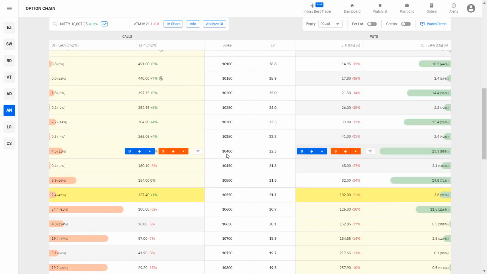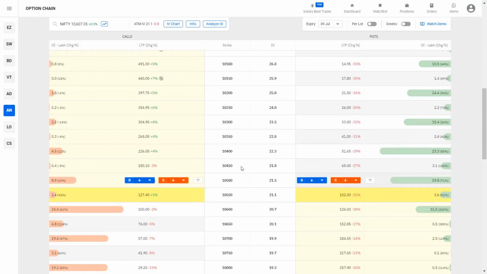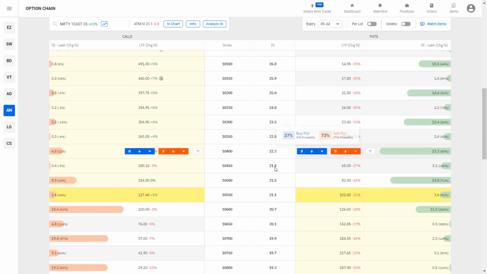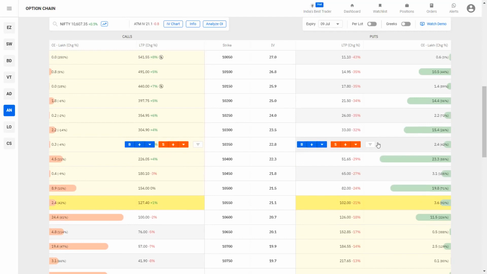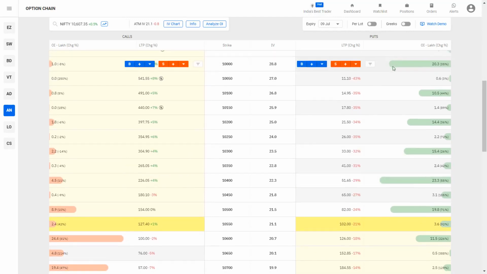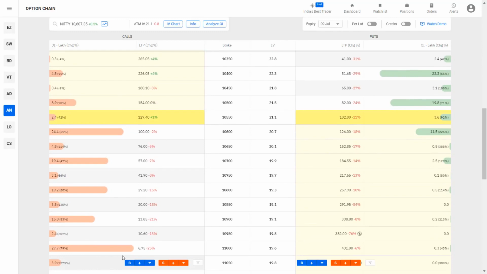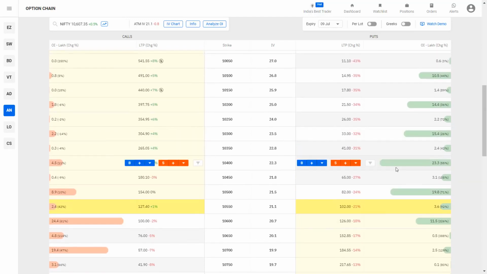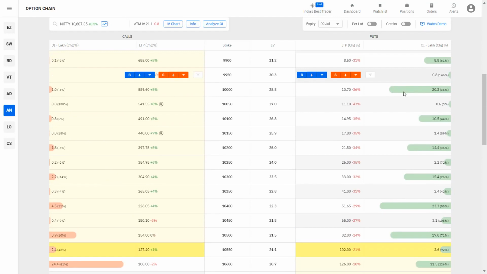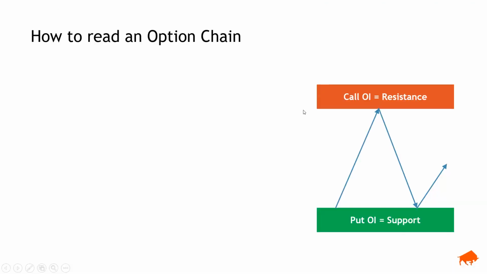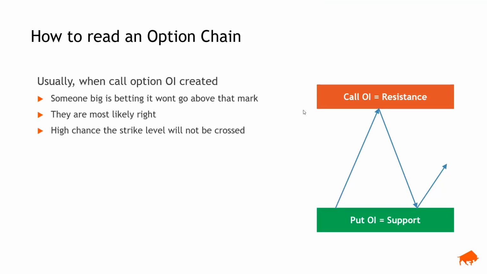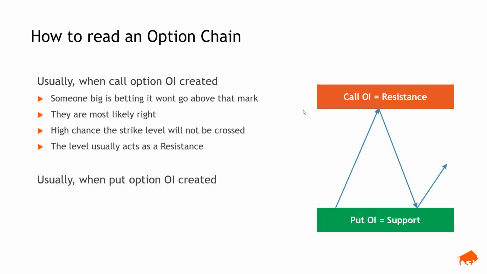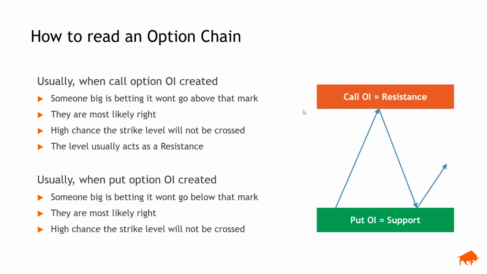You can also say that it is going to be difficult to cross 10,400 also because there are people standing here. So 10,600 and 10,400 you can see has decent OI, and once 10,400 is taken out, this becomes your next support, right? And after 10,600, 11,000 becomes your next support. So you can see this is a resistance, this is a resistance, this is a support, 10,400 put, and 10,000 put is a support. So basically what it means is a call option OI acts as a resistance, and a put option OI, that strike, becomes a support, right?